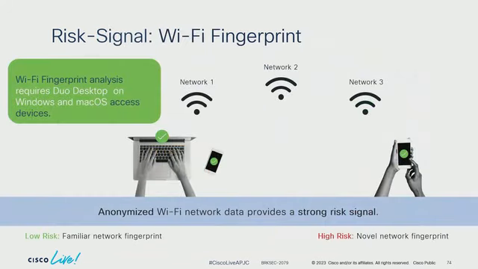So how does this actually work? So you see here that there is this Wi-Fi fingerprinting. This is something that is unique to Cisco. No other vendor on the market has it. So there's a patent that's pending for this one. And how it works is, you know that IP address, MAC address is easily spoofed, right? We are actually taking signals from access points, be it SSID. We anonymize the data, we build a profile for the users, and we compare it